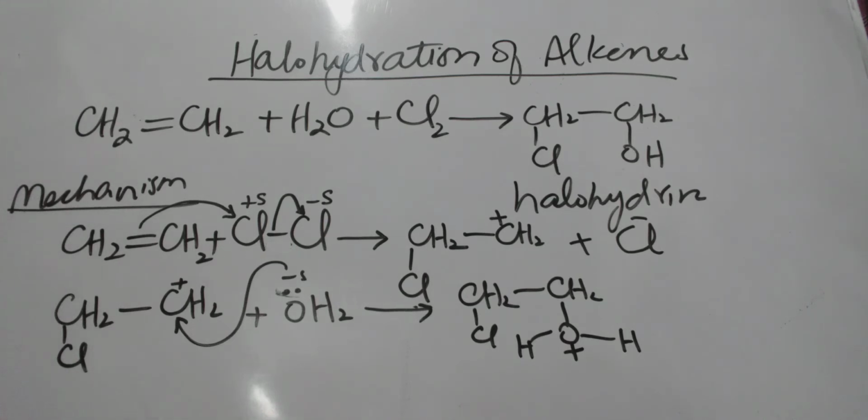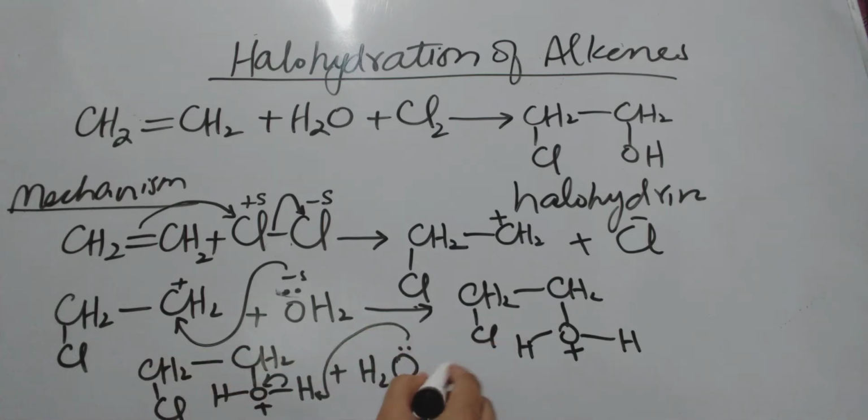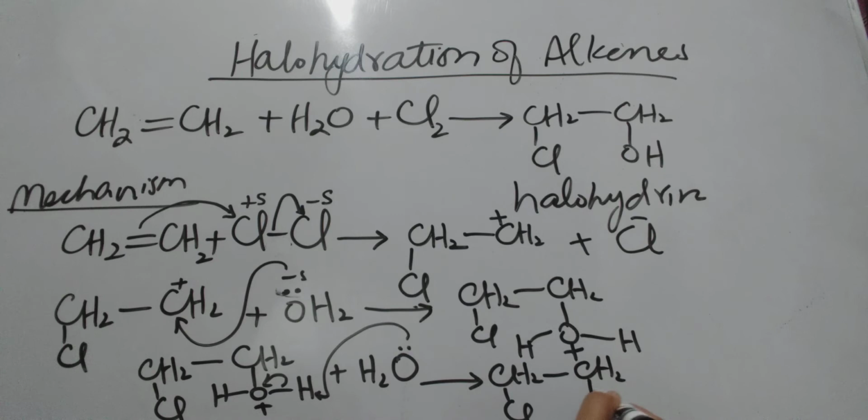In the next step, definitely water will act as a base for this particular reactant, CH2Cl, CH2O positive charge, H on both sides. Then this water that is present in the reaction in excess will abstract its proton, and this electron pair will shift over this. It means that there is chlorine, CH2OH. Got it?